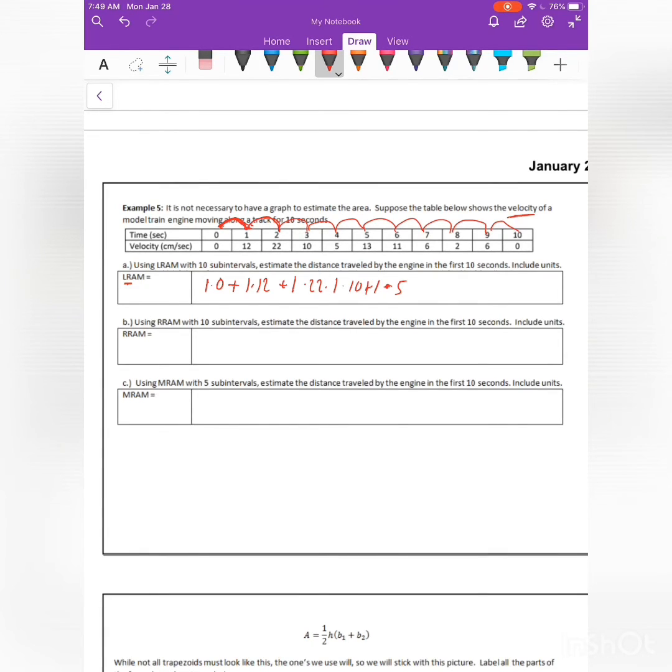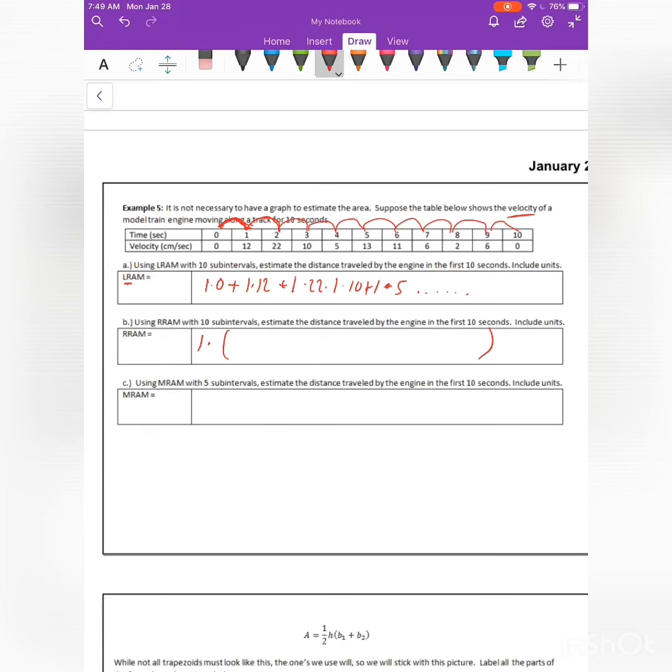So we can keep going and going and going here. That's the way the left endpoint works with a table. Same thing here, the right Riemann sum. And you know what? I'm tired of writing 1 times 1 times 1 times. They're all 1 here. So what I'm going to do is take a GCF out. Instead of having all these 1 times 1 times 1 times, I'm just going to take 1 out and just add